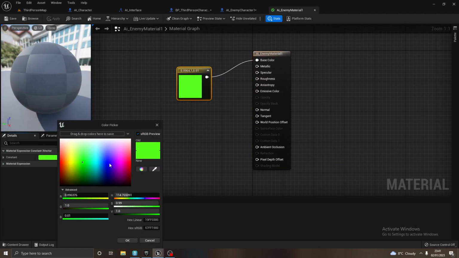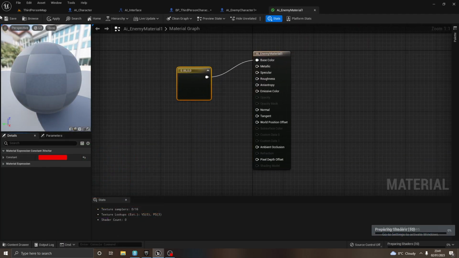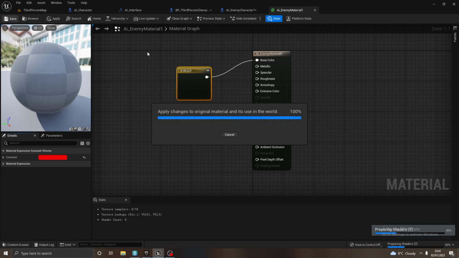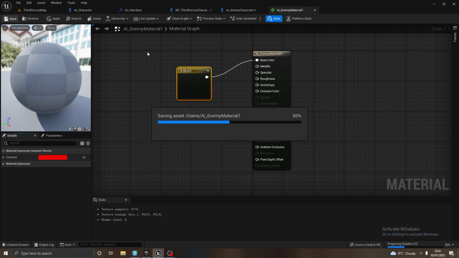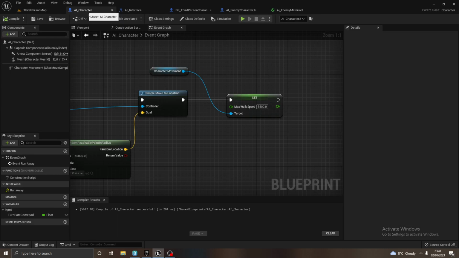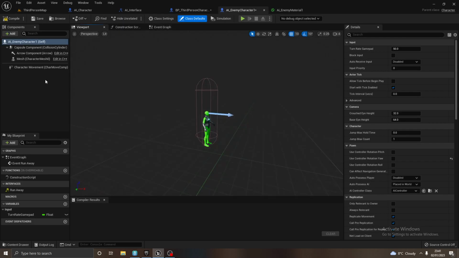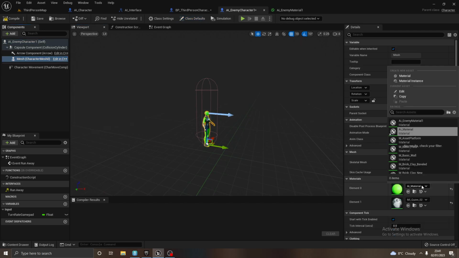We just want to change this to red, just so we have a preference. So if we go to AI character, AI enemy character, click on the mesh, change the colour